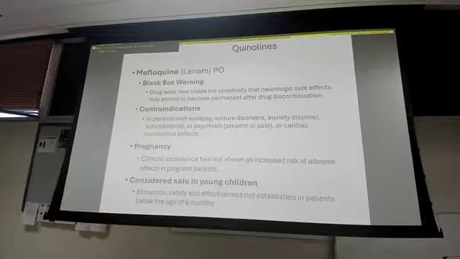This is the one. So M is for mom. And then exceptions, it's not established in patients below the age of 6 months. So the study showed if they're less than 6 months, you're not getting it. So with this, make sure that you're just kind of trying to remember mefloquine: good for your pregnant patients, CNS